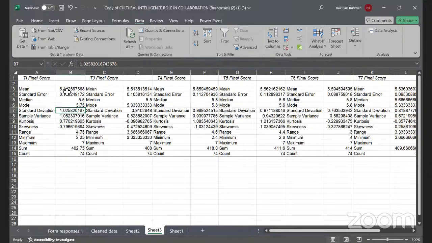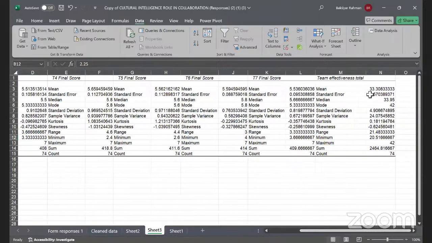So the average is about 5.4 for this construct, and the standard deviation is 1. And if you go down three standard deviations, you will come to about 2.25, which is the minimum of your scores. Likewise, we analyze the properties of each of the constructs or the scores that we have, the construct averages, and